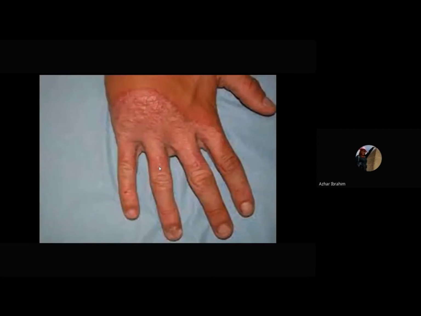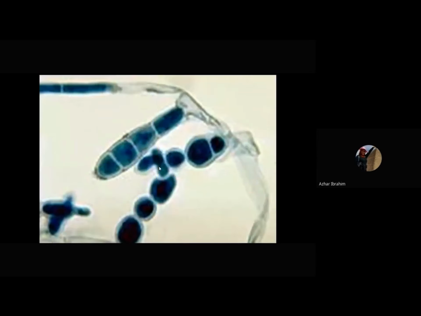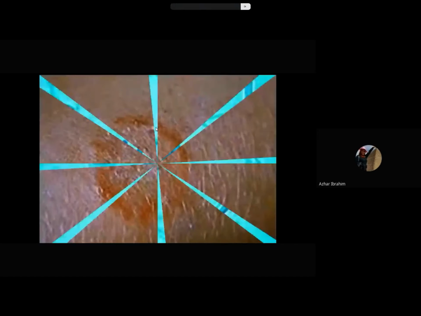This is another one. This is typical tinea facialis or tinea corporis, the same. This is another type of tinea. Okay, this is a different culture of the microorganism. Later on you'll see it in practical parts. This is another type. This is severe, okay, tinea capitis. This is another type. My picture of the causative agent, just pictures, okay. Tinea